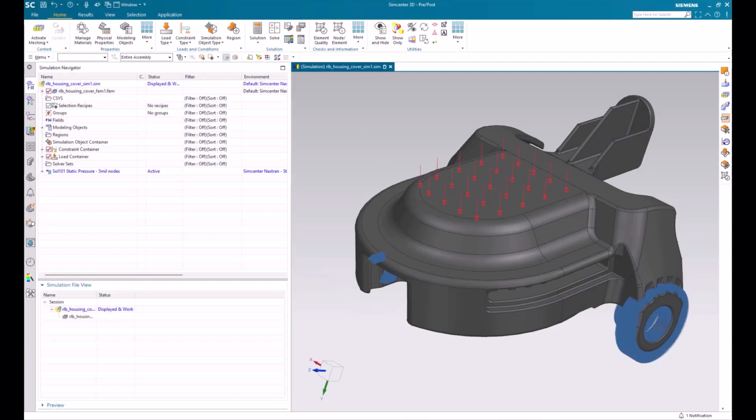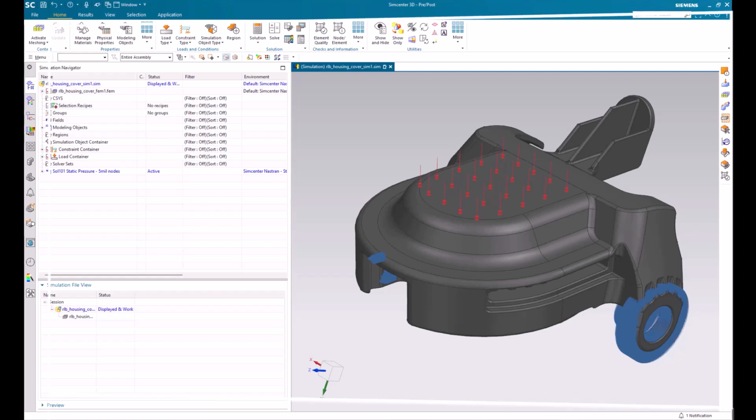In this demonstration, I will give an overview of various settings that you can use at your disposal to get peak optimal performance when using SimCenter Nastran. There are many different settings that we can adjust depending on your problem, but in this video, I'm going to touch on 4 key settings that can really impact the time it takes to solve a model.